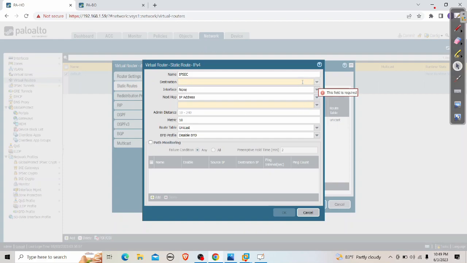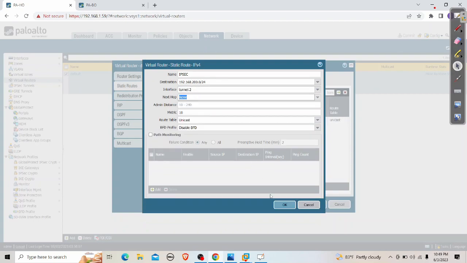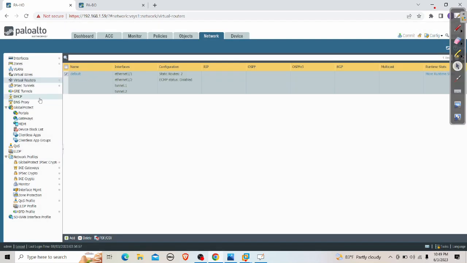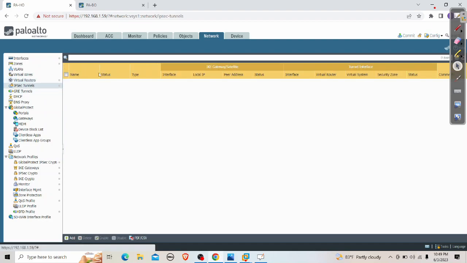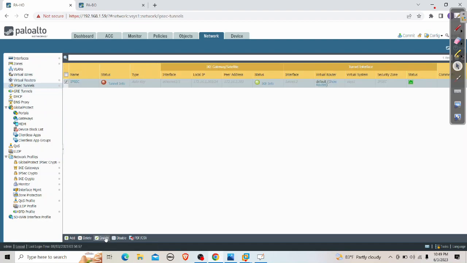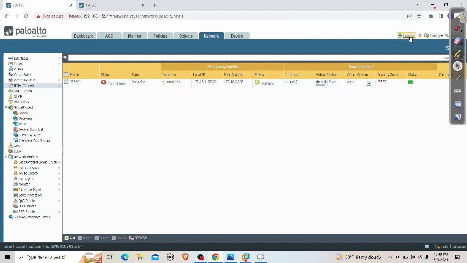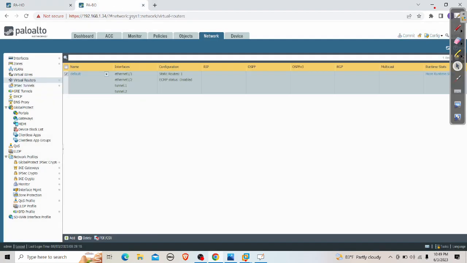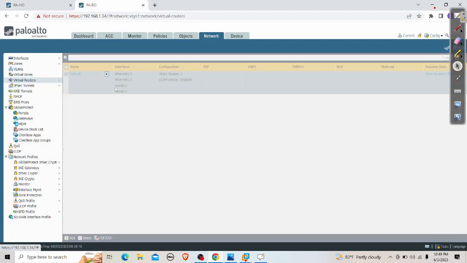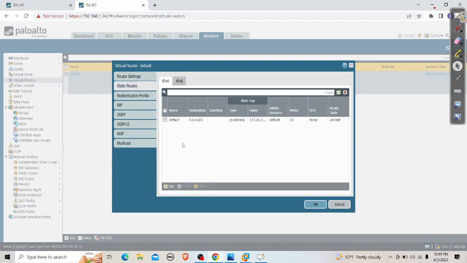So let me put the destination 192.168.200.0/24, and then my interface should be my tunnel interface, that is tunnel 2, and there's no next hop. Let me click OK, and let me go to IPsec tunnels and enable the tunnel, click OK and commit. So let me go to the second firewall, let me put the route, static routes, and